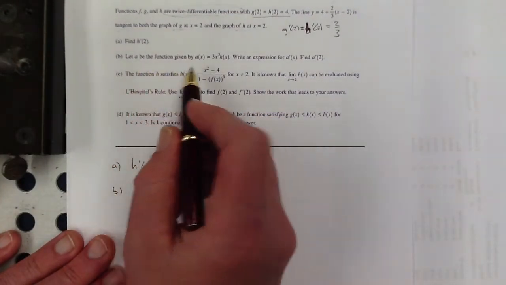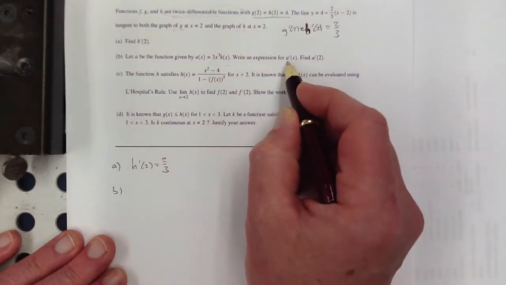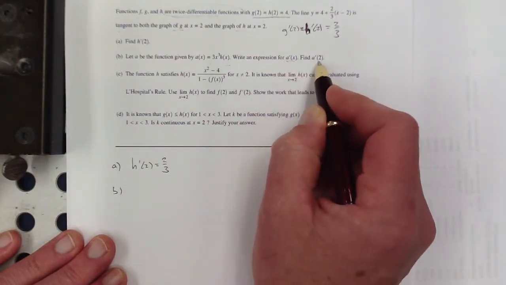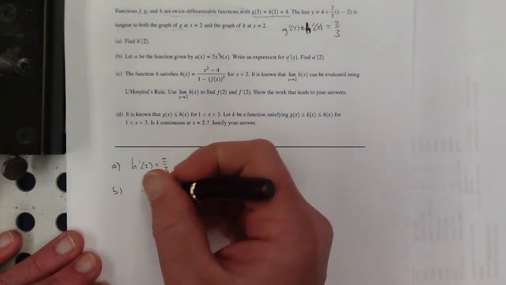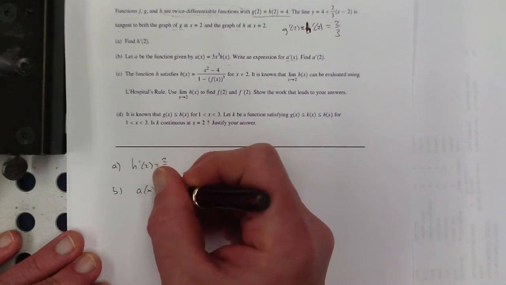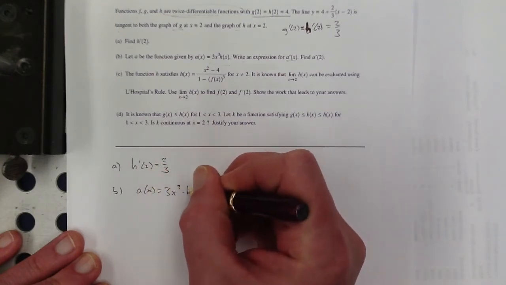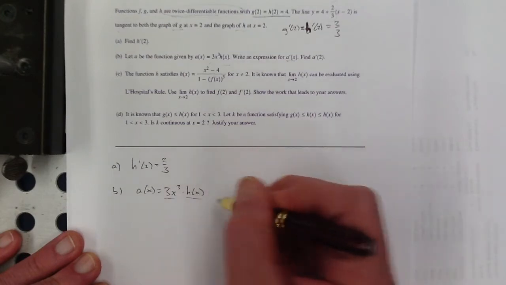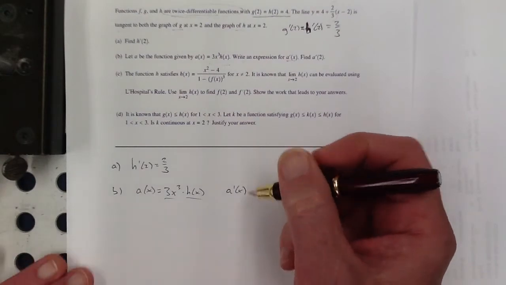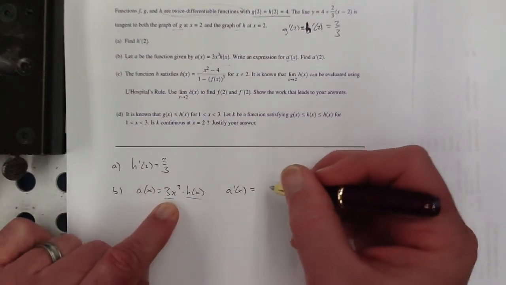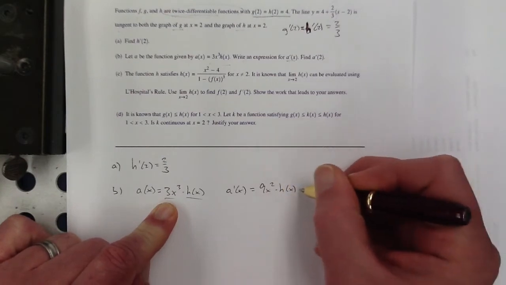Let a be the function given by a of x is equal to this. Write an expression for the derivative and then find a prime of 2. Okay, so they're just seeing if we know some derivative rules here. So if a of x is equal to 3x cubed times h of x, then I would have to use the product rule to find that a prime of x is equal to derivative of the first times the second